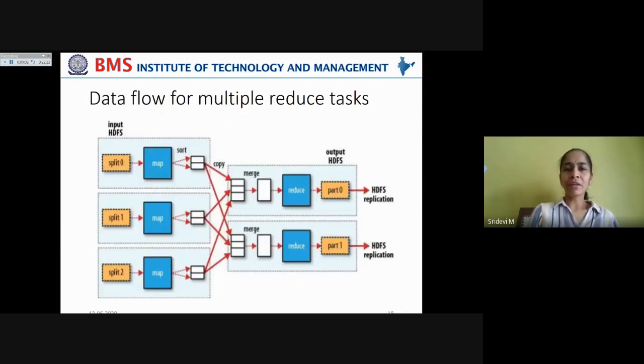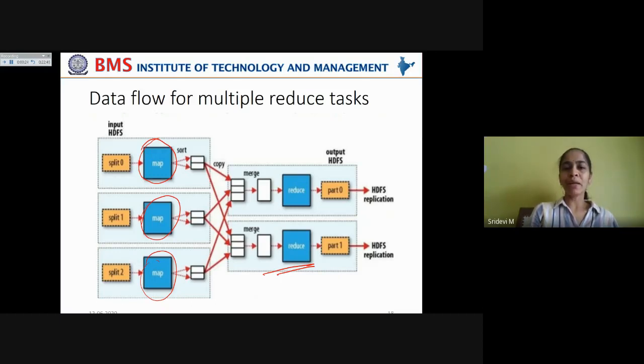Now this is another depiction where you have taken multiple reduce tasks. In this case, there are multiple map tasks which feed their output after merging appropriately in order to serve as input to the reduce phases that are selected. Here, there are two reduce tasks that are selected.